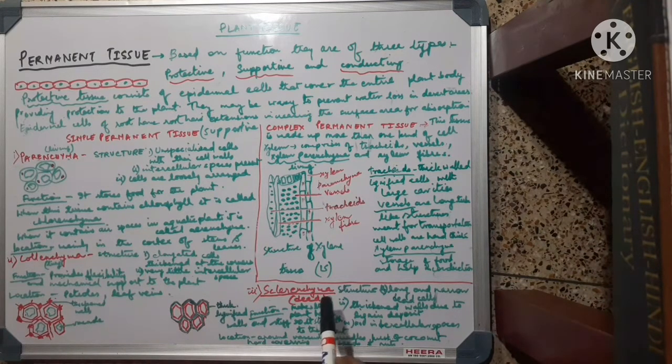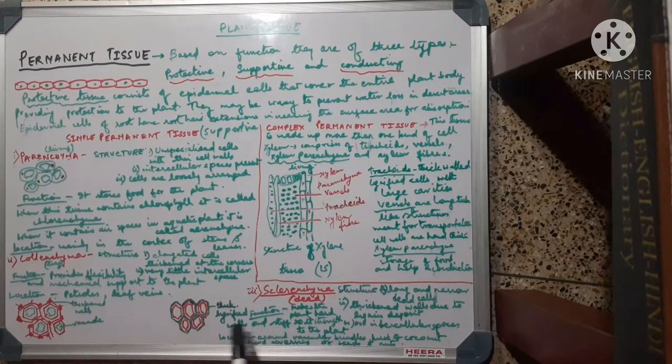Now third one is sclerenchyma. Here the cells are dead. The structure is such that these cells are long and narrow dead cells. They are thickened due to the lignin deposit. Lignin is a kind of substance that makes the tissue stress free. Stress does not mean mental stress. Stress means it prevents the tissue from any shock or something like that. It gives strength. The function of the tissue is that it makes the plant hard and stiff, and so it provides strength to the plant. There are no intercellular spaces in this tissue.